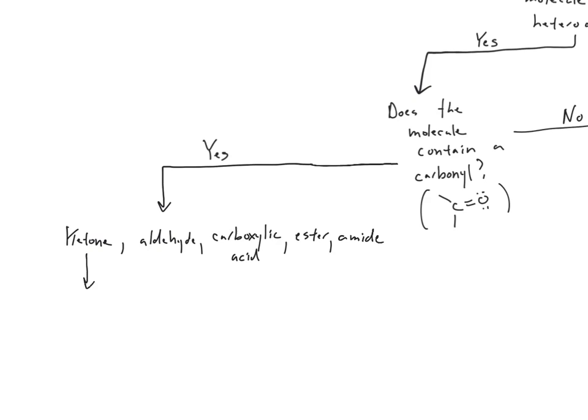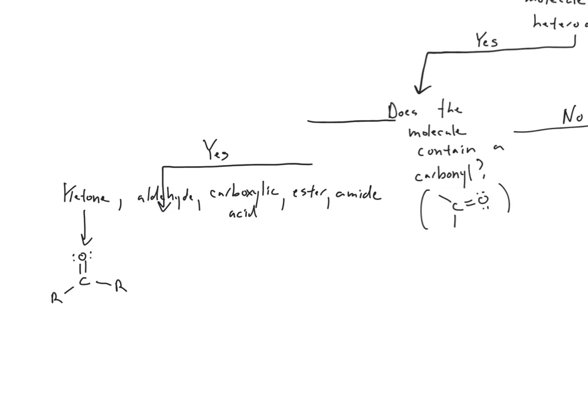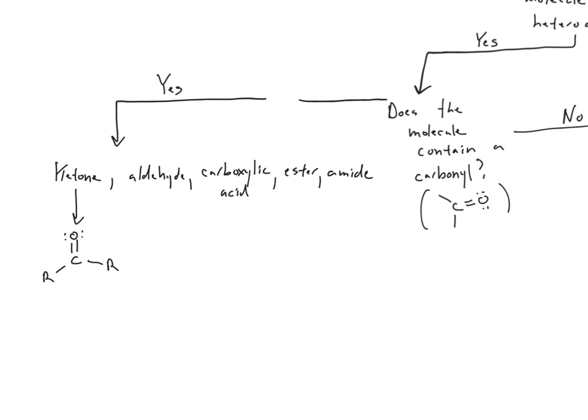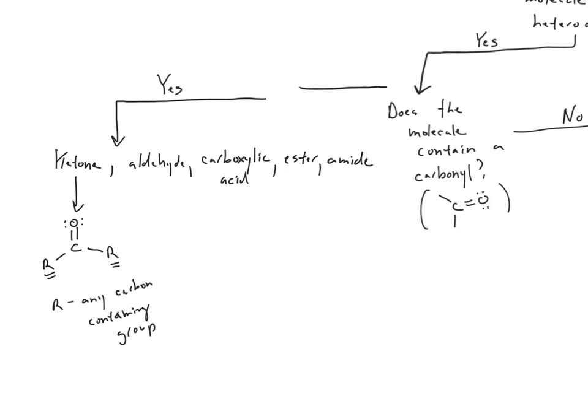So a ketone has a carbonyl, so carbon-oxygen double bond, with two R groups on either side of that carbon atom. Where R is any carbon containing group. For example, if you've got